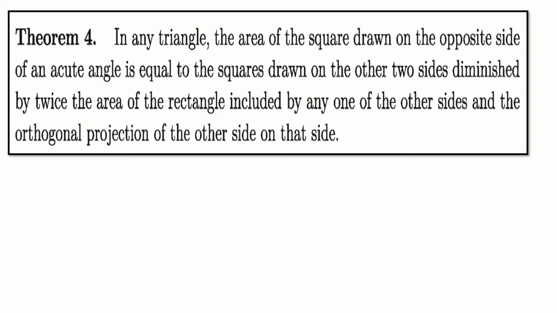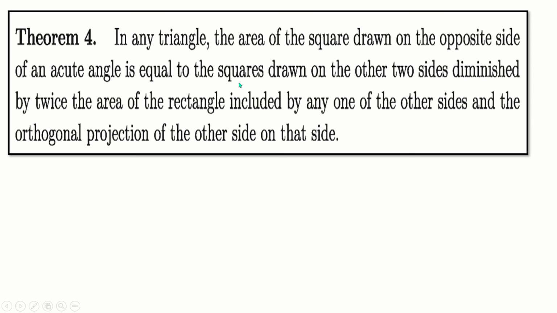Number one was the Pythagoras theorem, number two the Pythagoras converse theorem, and number three the Pythagoras extension theorem for obtuse angle. Today I will discuss theorem 4, that is the Pythagoras extension theorem for acute angle, and what will be the result. Follow here. In any triangle, the area of the square drawn on the opposite side of an acute angle